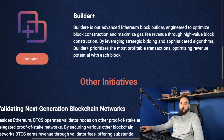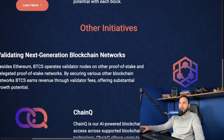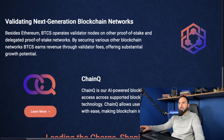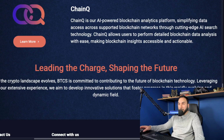And they have Builder Plus. Builder Plus is BTCS's advanced Ethereum block builder, engineered to optimize block construction and maximize gas fee revenue through high-value block construction. And other initiatives include validating next-generation blockchain networks and ChainQ, which is BTCS's AI-powered blockchain analytics platform,